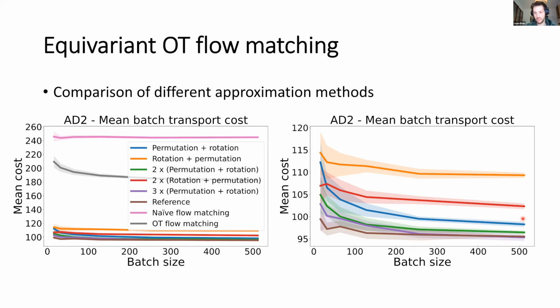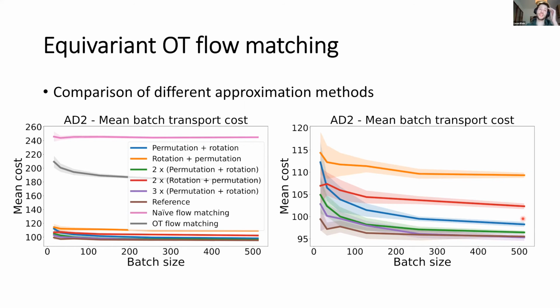So what can happen for alanine dipeptide, for example, is that by first rotating it, because the permutations are completely off, you might rotate it to a completely wrong alignment, right? For example, 100 degrees, 180 degrees off, and then you do your permutation, and then everything is quite fixed. So the next rotation you will be doing can only wiggle a little bit because the permutations are already quite good, and then doing another permutation won't help you again. So doing the permutation first seems to be a better way, but it's an excellent question,